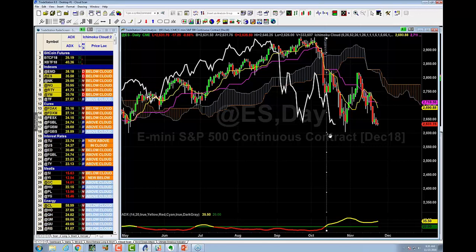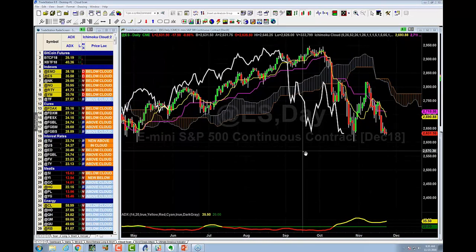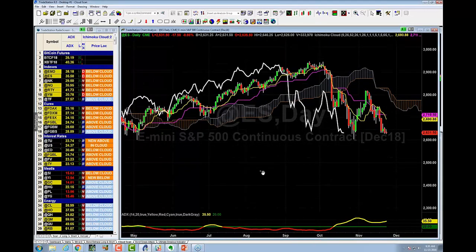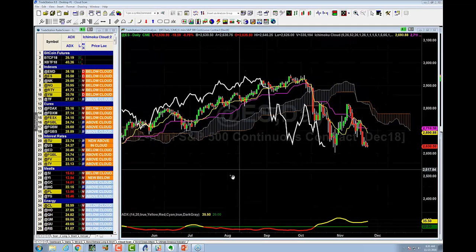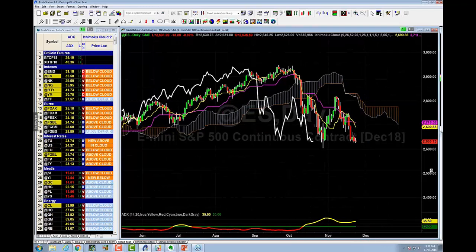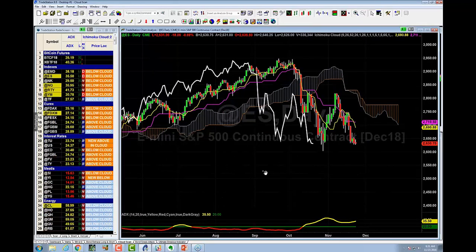So just by what you know right now, is the S&P a hell yes short or a hell yes long? Or is it a, oh my God, I don't know what's going on right there? As far as Ichimoku goes, should you be long or short this creature right now? So where do you reckon I should put that? I should put this in my short continuation list of things, right? So that's what I would do.